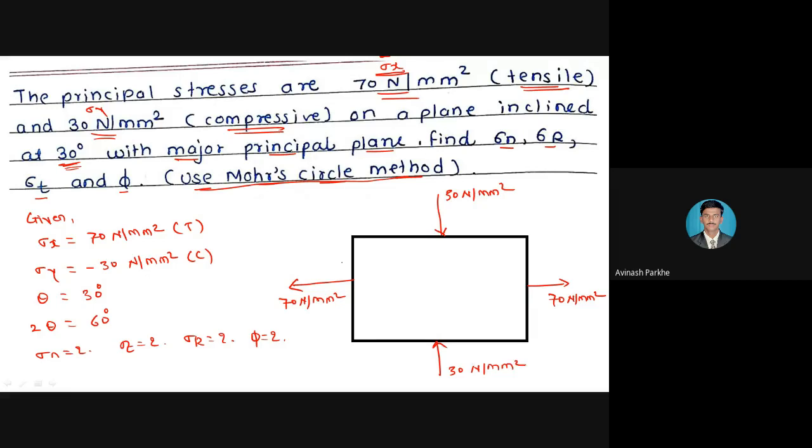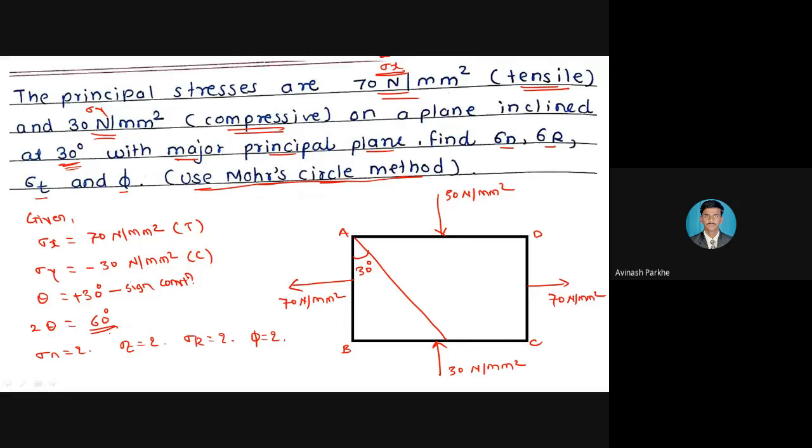Okay. Theta angle is given. They have not mentioned at which corner it is, so simply I can take these corners as points A, B, C and D. And for this particular corner, theta is equal to positive 30 as per the sign convention. In the statement they have not mentioned whether at point A, B, C or D, so simply you have to take it at point A, which means theta is positive. If theta is equal to 30 degree, 2 theta is equal to 60 degree. Okay, so this is the figure you have drawn.